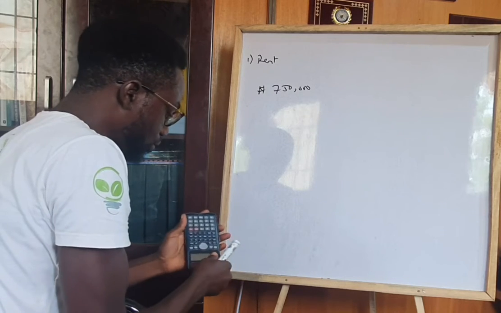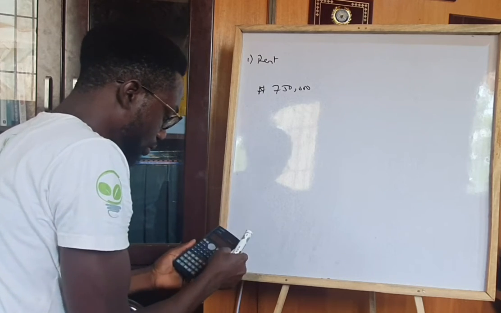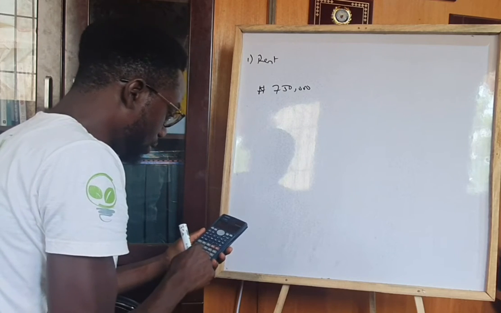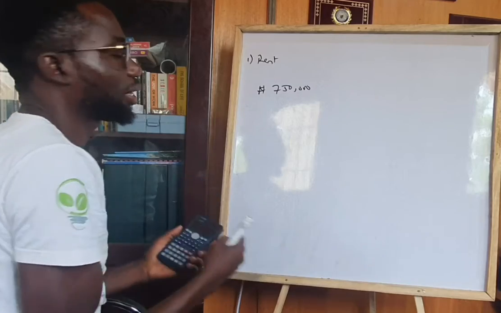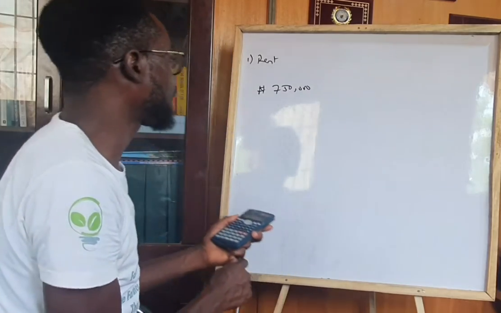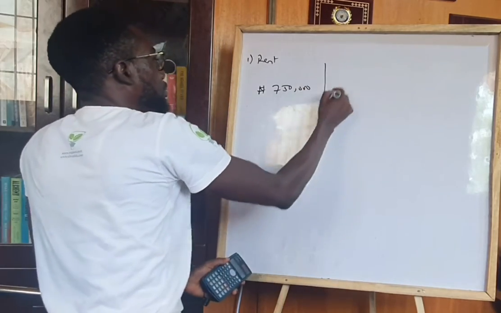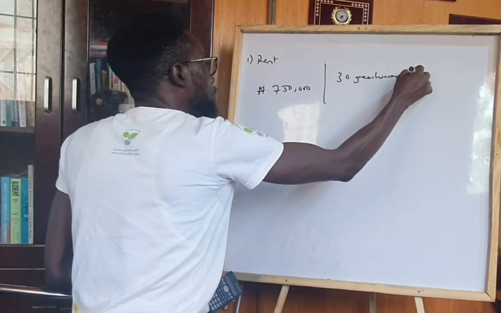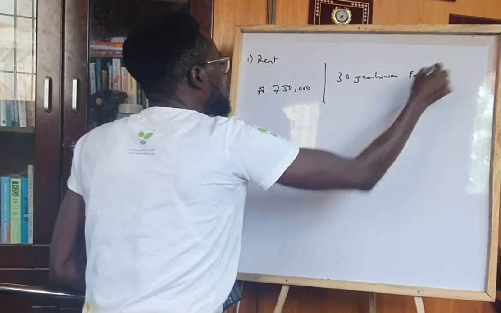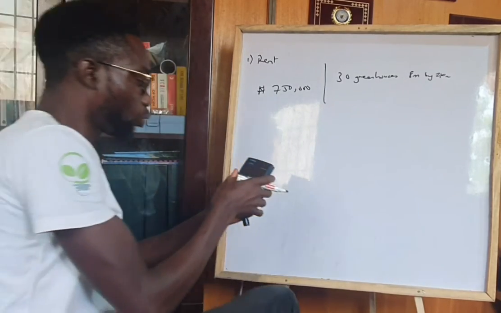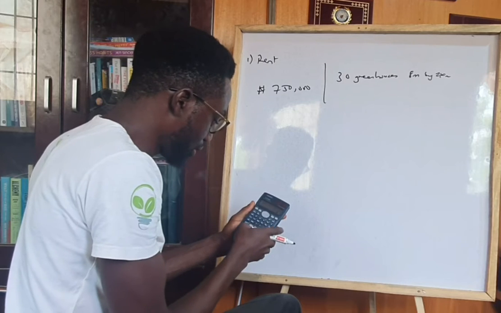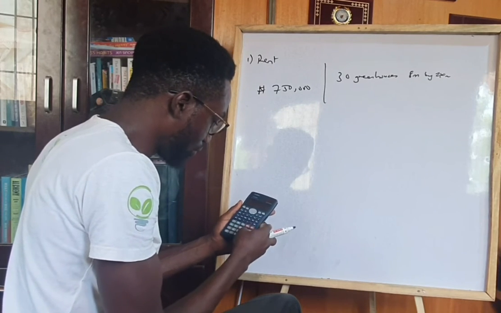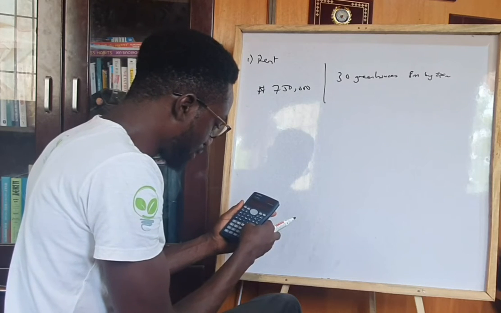So, how can you as a business ensure that this cost is captured in your total cost of the goods you are selling? At the moment, we have about 30 greenhouses of 8 meter by 24 meter. So if I divide 750,000 by 30,